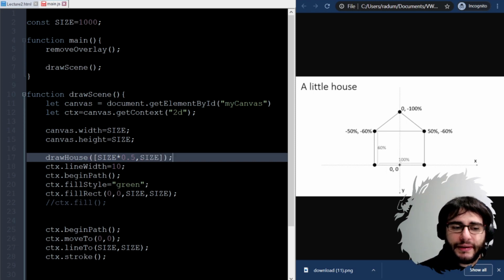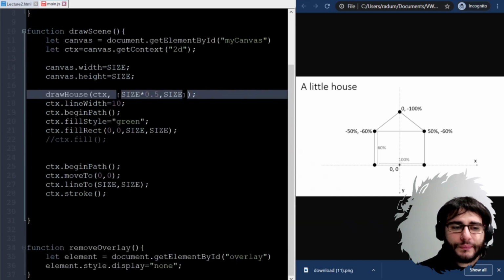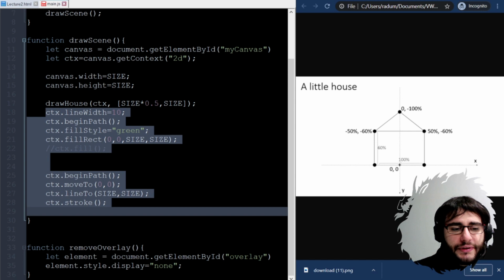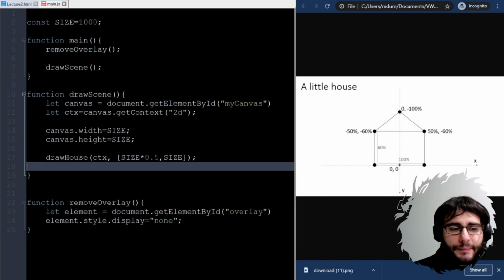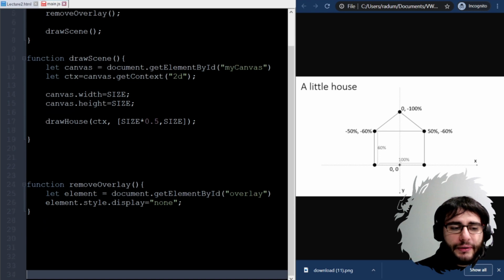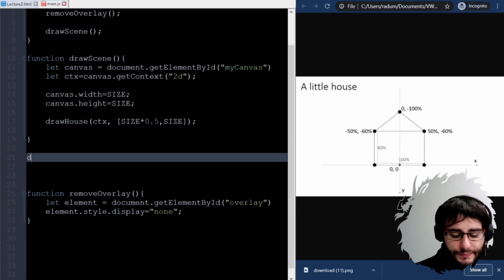So this is going to be the location where I draw the house, and I'm going to have to pass here the context as a parameter. And I will remove these things. These were just me playing previously. So now the function that we concentrate on is going to be this draw house